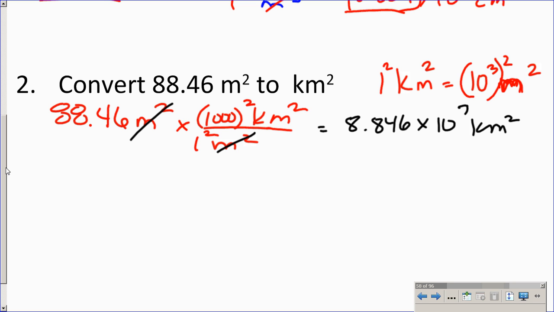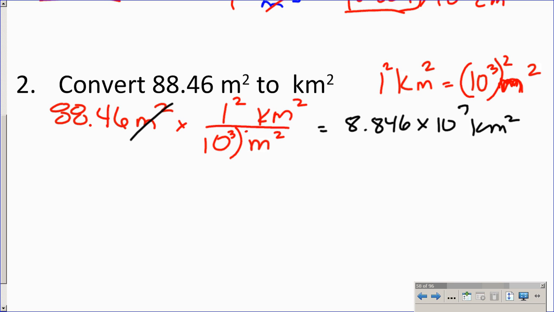Going from here to here, I wrote the numbers flip-flop. So give me a second, I'll fix this because I was like, that's supposed to be a smaller number and it's a larger number. Let me just rewrite what we just had. We had meters squared down here and kilometers squared up here. The 1 is supposed to go up top with the kilometers, and the 10 to the 3rd squared or 10 to the 6th or 1,000 squared, however you want to write it, goes in the denominator. So I'm going to put 10 to the 3rd squared like I have right here,